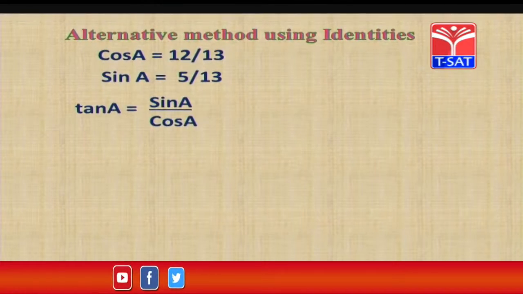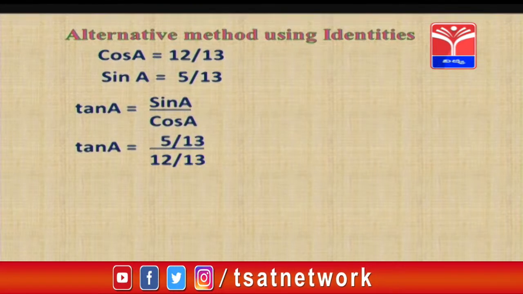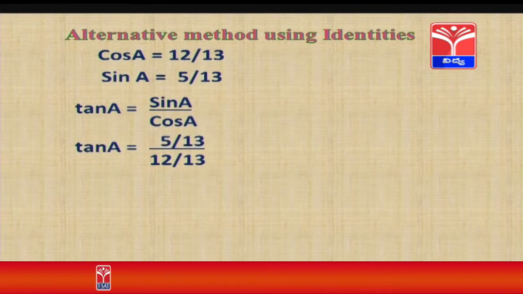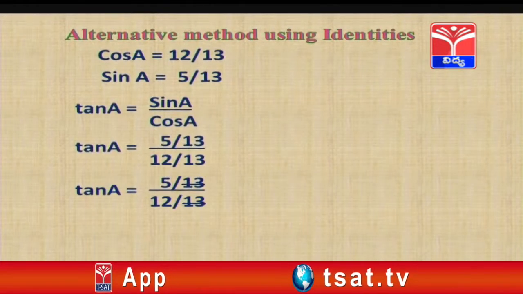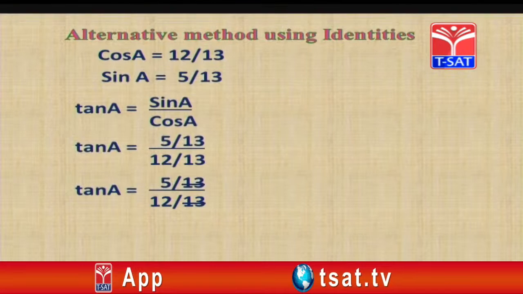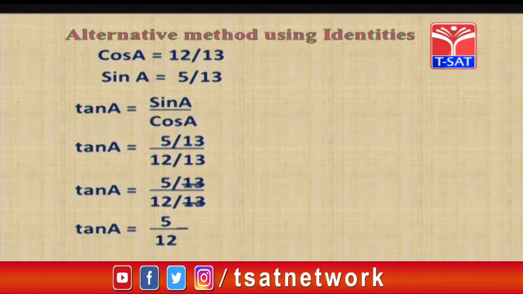5 by 13 by 12 by 13. So, if I cancel 13, what am I going to get here? 5 by 12. That means, tan A value is equal to 5 by 12. So, in this way we are able to find out the answers for the given questions by alternative methods by